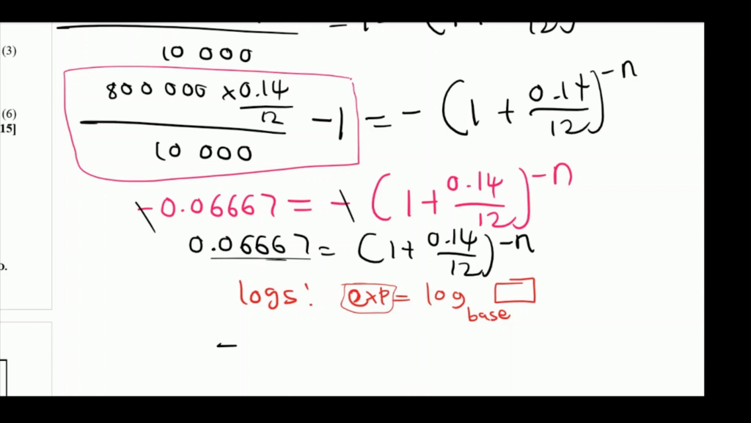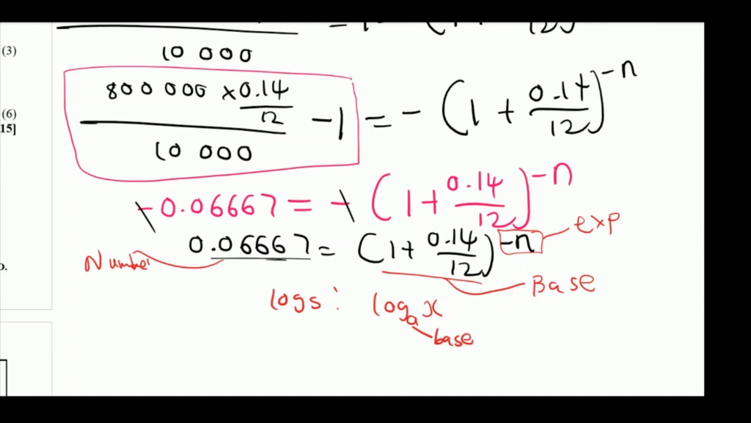Okay, so now we need to remember our logs. This is an exponent, this is the base, and this is just the number. So according to our logs, it's log, here the a is a base, and if I write x, it's going to be just the number. So that's how we write our log. So it's going to be equal to the exponent. To write this properly, we're going to say our minus n, which is the exponent, is equal to log. Our base is 1 plus 0.14 over 12, multiplied by our value, or you just write inside the log